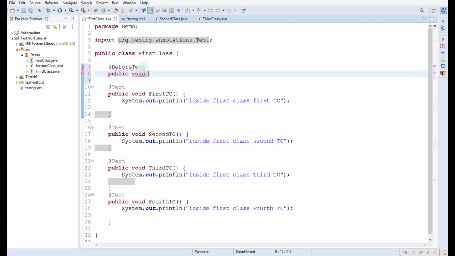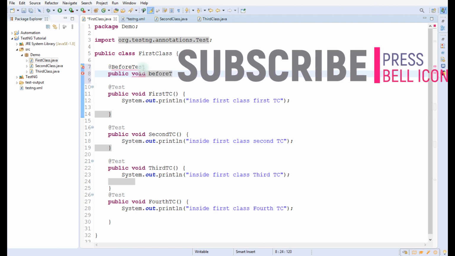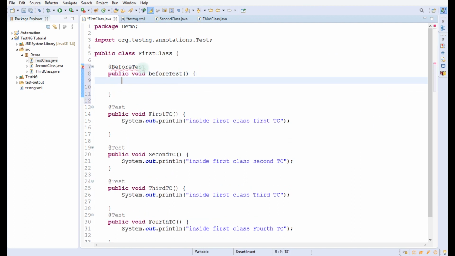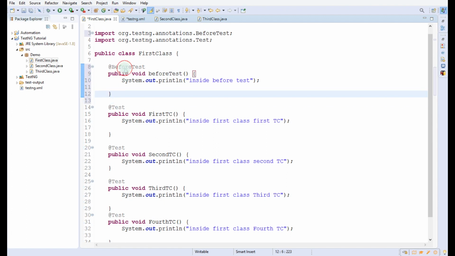So let us name it before test, and let us write a print statement inside before test, right? So we have to import the annotation. So before test is the annotation that we have to use before our method that we want to execute before the test case execution. So let us go to the XML.